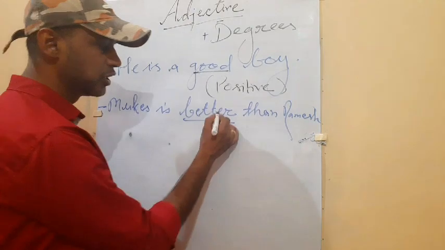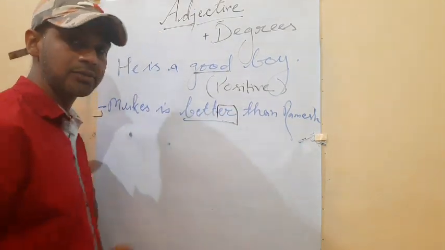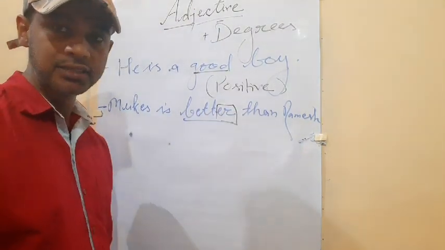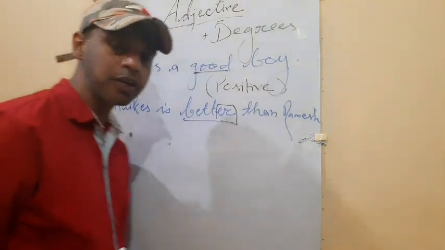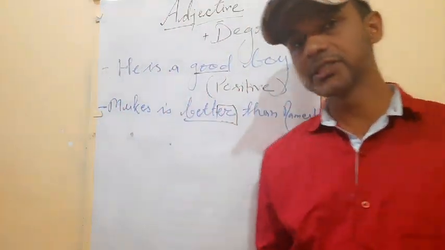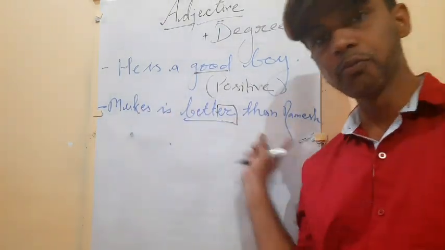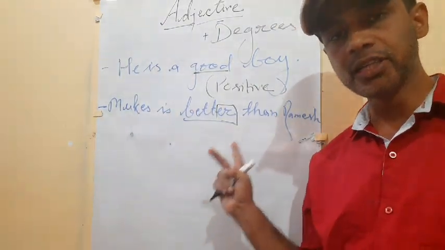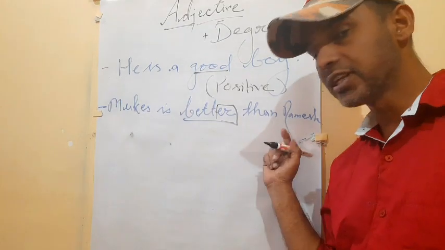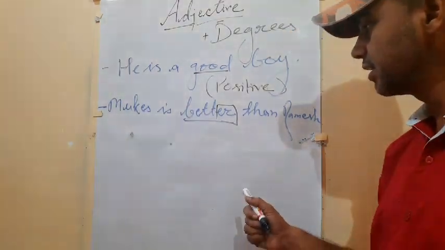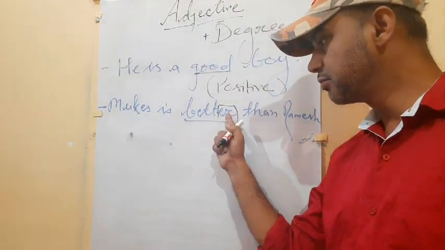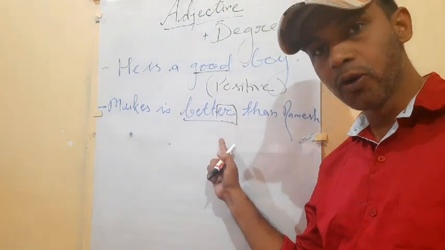Comparative is used, usually you can understand, whenever ER word comes at last in adjective, that is known as a comparative degree. Moreover, in comparative degree, two things are required. So Mukesh and Ramesh, there are two persons. So comparative degree, what is necessary? First, two things are required. Second thing, that in adjective we use ER or OR last word.